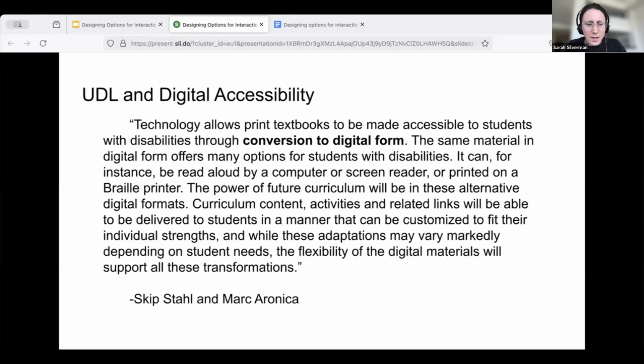So as we get into a little bit more about the law, I wanted to draw our attention to the initial roots of UDL. And this is not just this specific area of our topic today, designing options for interaction, but the entire concept of UDL. So this is a quote from one of the early columns on UDL that was in David Rose's editor's column in the Journal of Special Education Technology, and it was written by Skip Stahl and Mark Aronica, and they write,